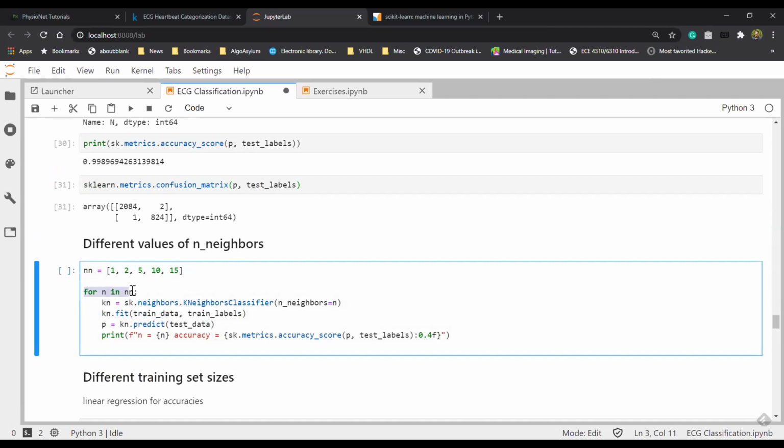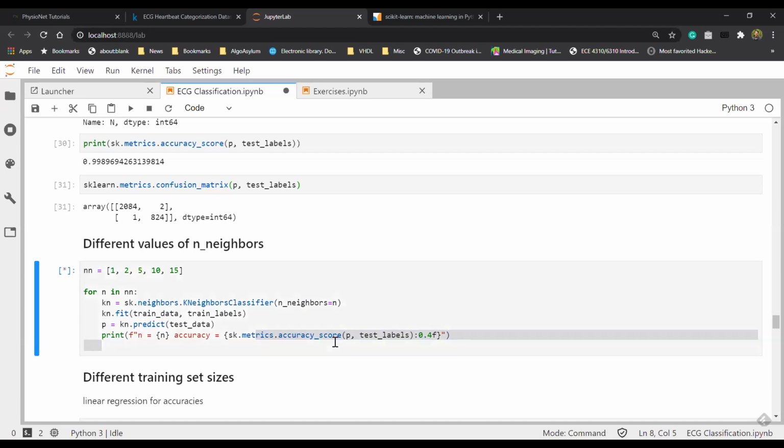And then in a loop, I can create a classifier with n neighbors equal to n. So again, create an object, fit, predict, and calculate the accuracy. 4 things you need to know in order to use most of sklearn. If I run this,